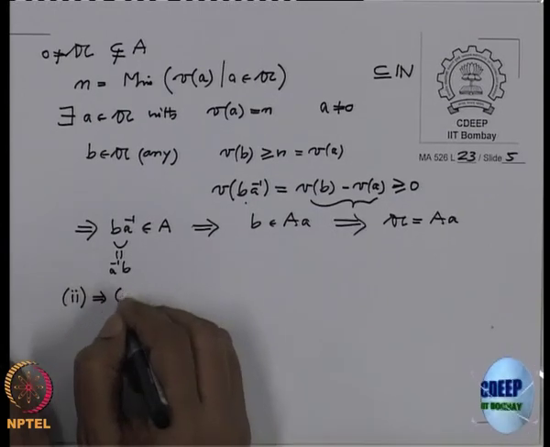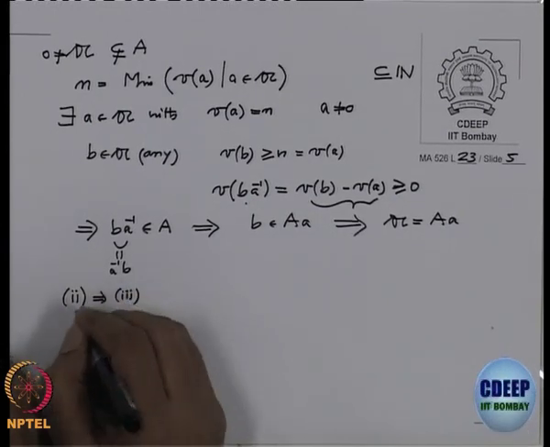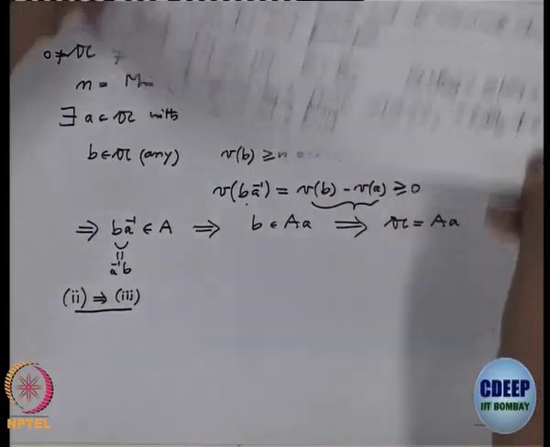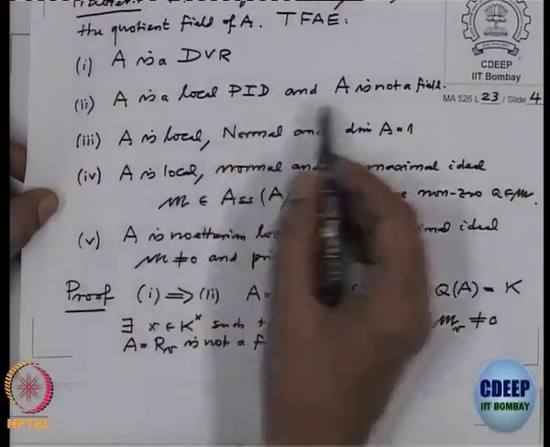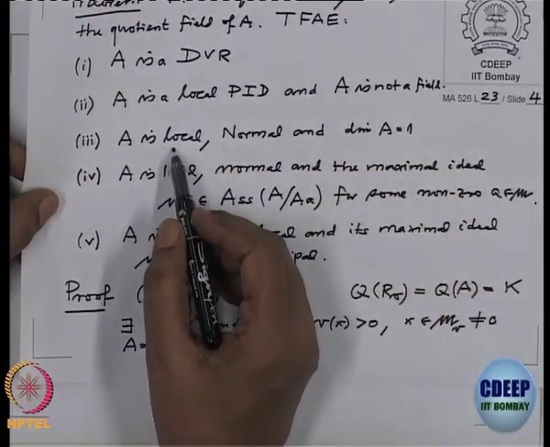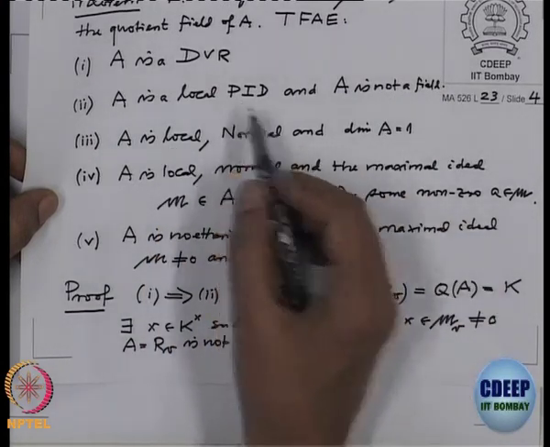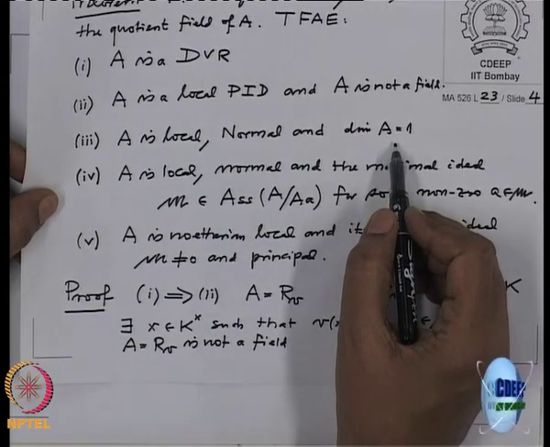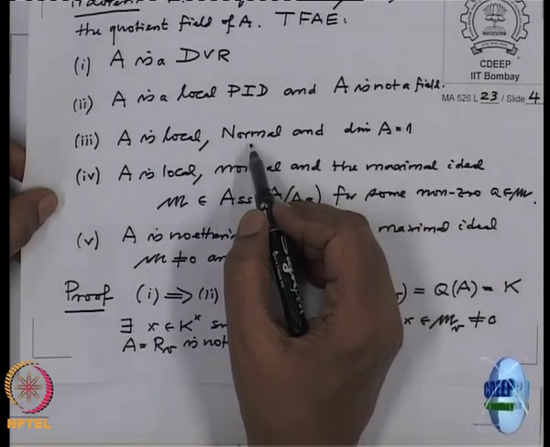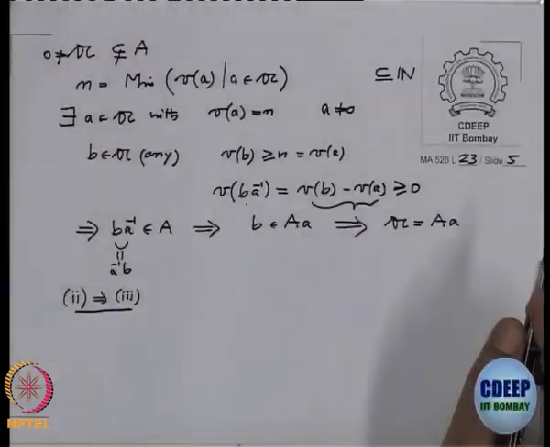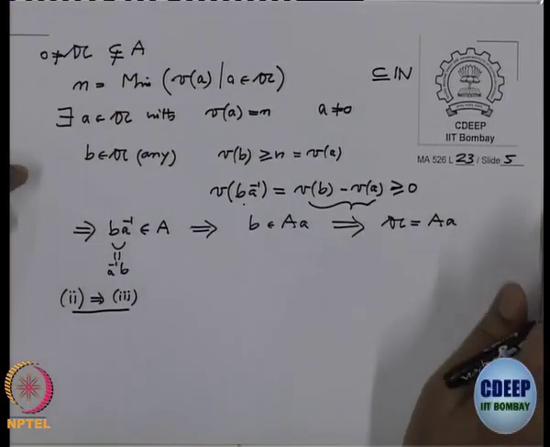2 implies 3. So, what is extra in 2? Local PID, not a field, local it is there. Now, I want to show PID, therefore, dimension is 1. Now, I only have to show it is normal with this assumption. So, that means I want to show it is